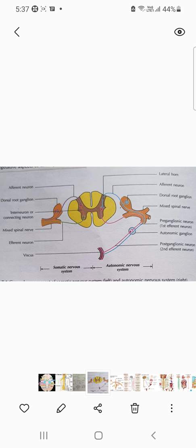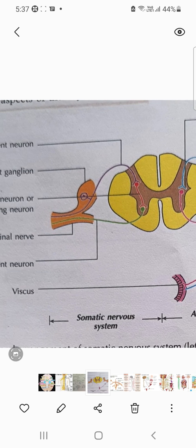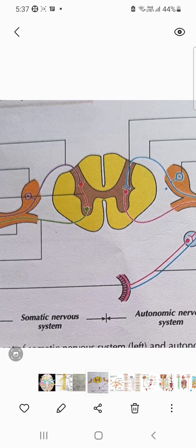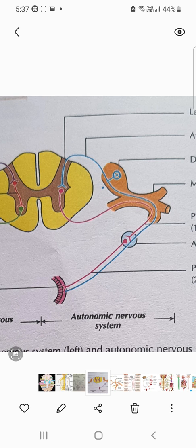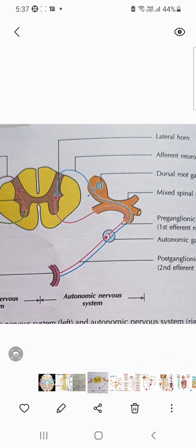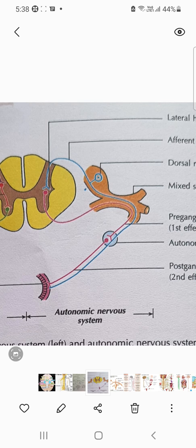The sympathetic nervous system emerges from the spinal cord. This is a section of the spinal cord, and on this side it is mentioned as the somatic nervous system, and here the autonomic nervous system. Now from the lateral horn of the spinal cord some fibers arise which are autonomic in nature. The red fibers are the autonomic fibers, and they are emerging from the lateral horn of the spinal cord,